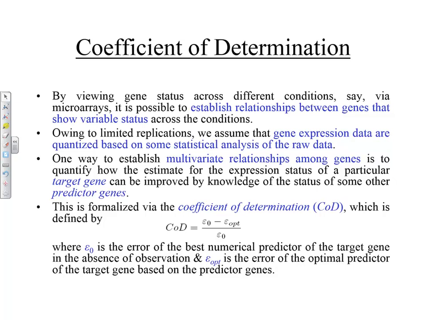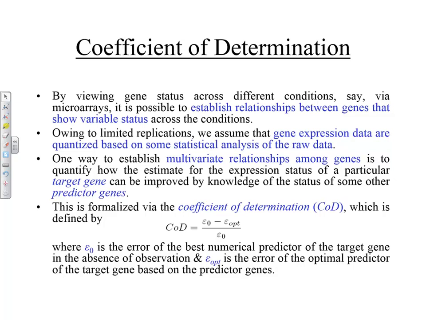Now, one way to establish multivariate relationships among genes is to quantify how the estimate for the expression status of a particular target gene can be improved by knowledge of the status of some other predictor genes. Right? So in other words, you have all these genes, right, let's say on the slide, and you want to know, okay,